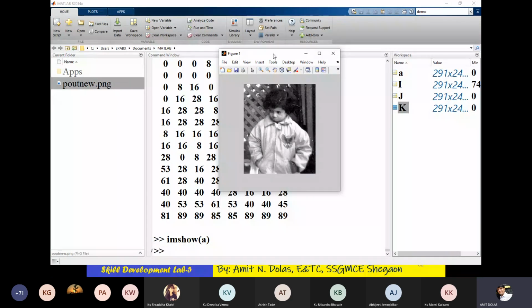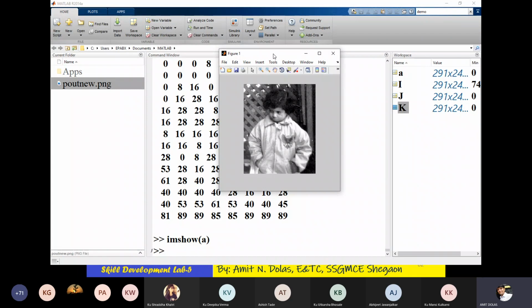So what we understood today is what an image is. We read the image. We did contrast enhancement on it using the simple function imhist. We have seen the histogram and then histeq, that is the histogram equalization function.